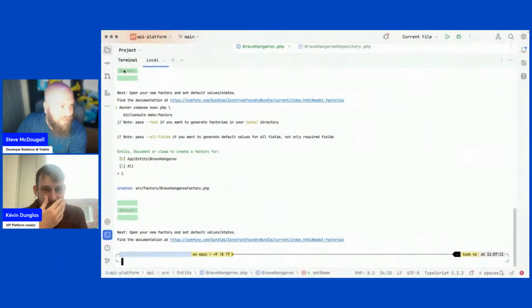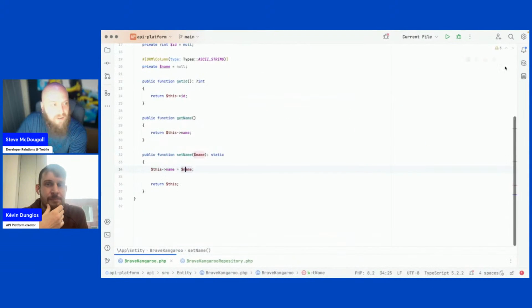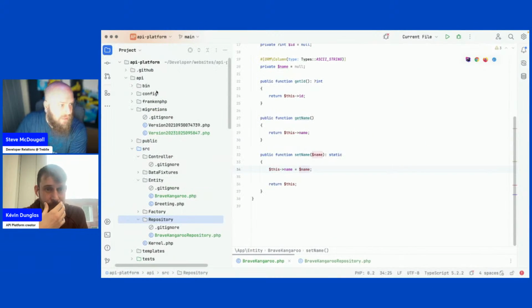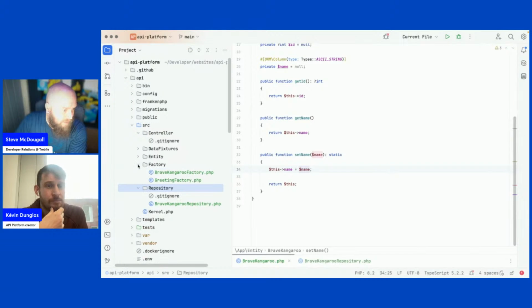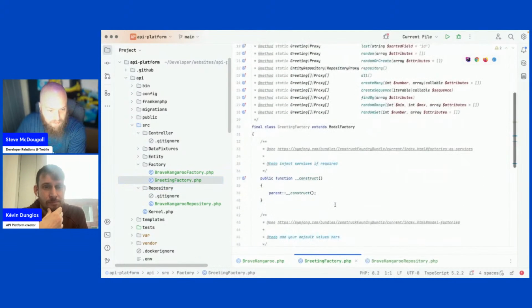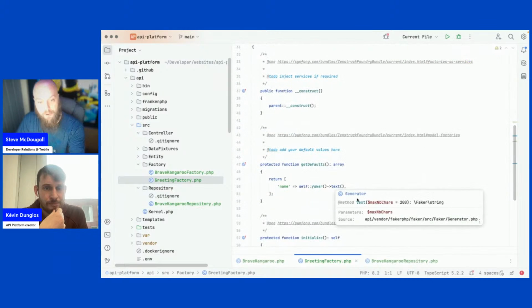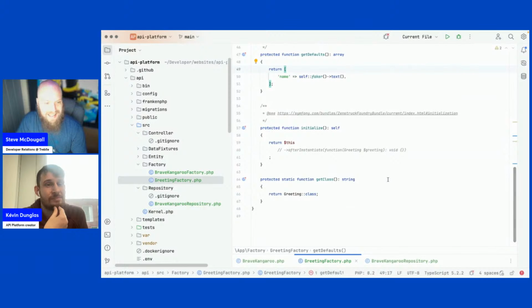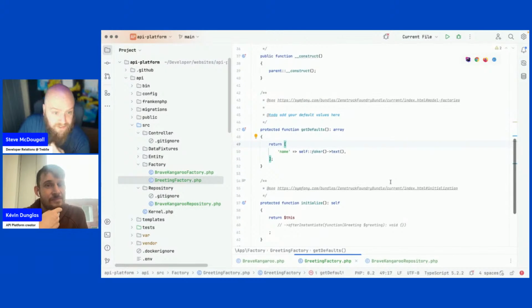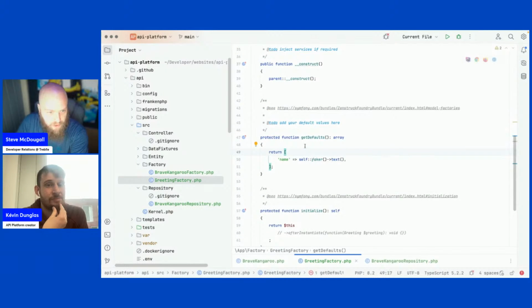So source factory. Let's go have a look at that. Let's close this down. So we've got data fixtures, we've got factory, we've got the greeting. That's already pulling things out from the database anyway, which makes it really easy. So this is going to use Faker, and this is a greeting.